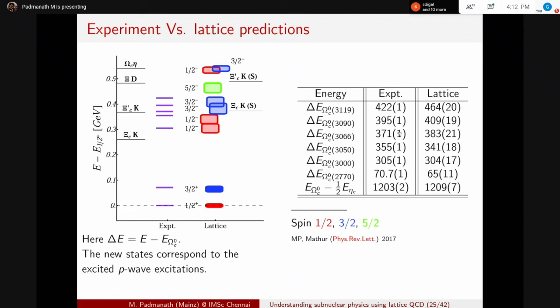And you can see that there is quite good agreement. Our calculation is really exploratory, with very little statistics and also with a very heavy pion mass. But the pion mass has a relatively small role here because this is an omega baryon, which does not have any light quarks in it. So we are fortunate to have a good comparison, and you can already see